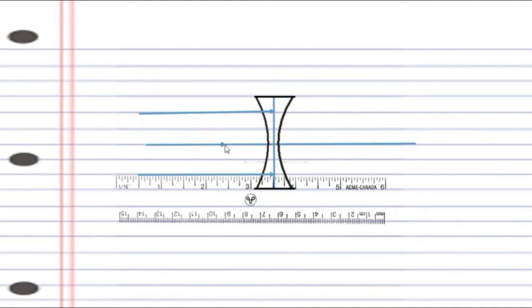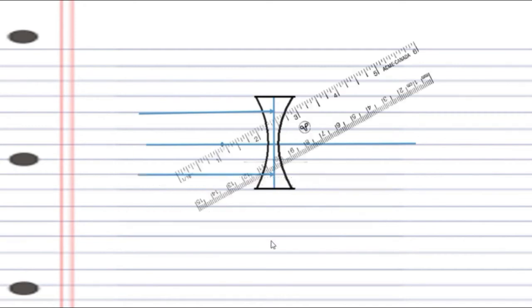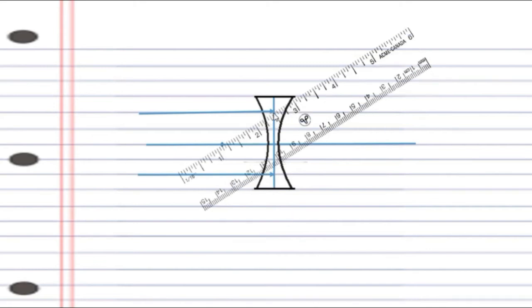So fix one point here, some distance, either 1 centimeter, 2 centimeter, depends on your diagram, and then keep your scale exactly in such a way that one of the edges of the scale should pass through this point, and also the other edge should pass through the point where the light ray is incident here. So I am asking you to take this light ray till the center and then draw the refracted ray, right?